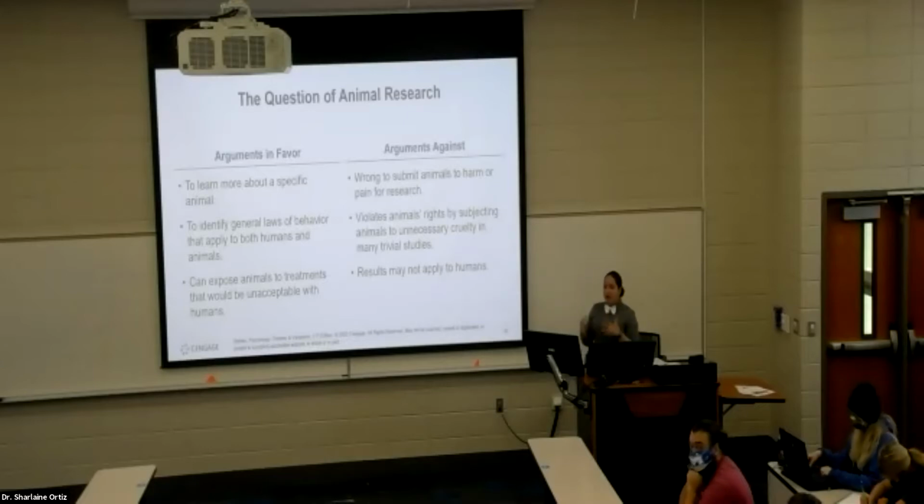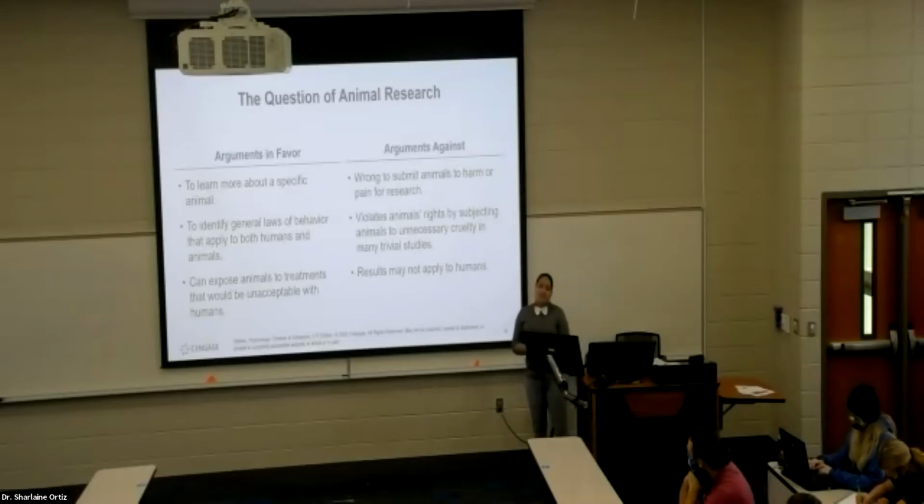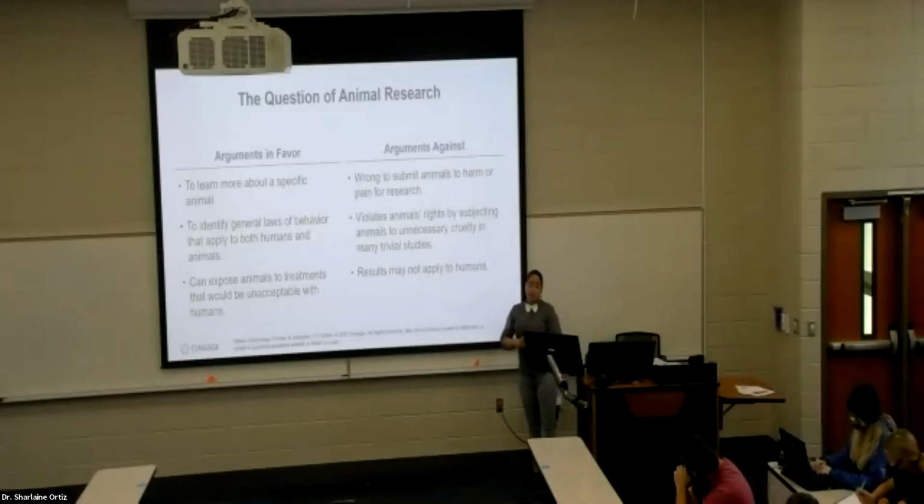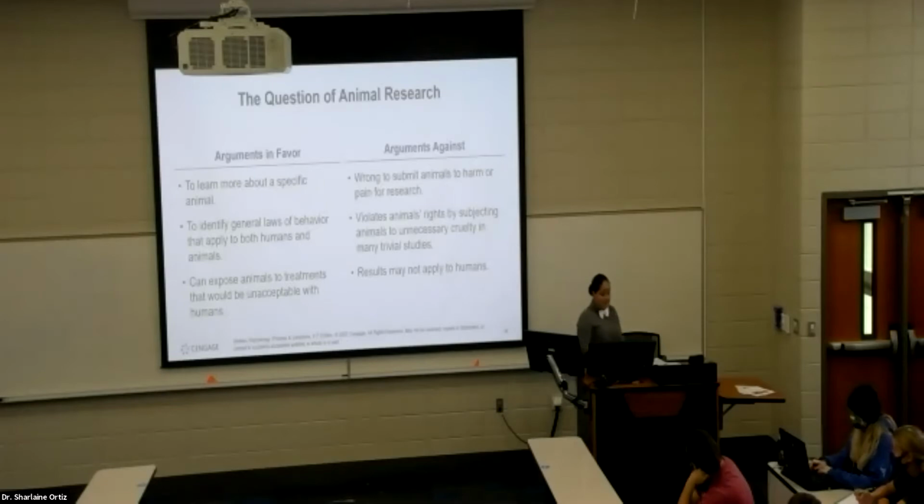Previously, we have talked about other techniques that we may utilize within research. One of them was deception. Now, within deception, as you know, there are many ethical concerns. However, one of the more important things is that if we were to use deception within research, we have to ensure that the deception does not involve an inherent risk to the participant.